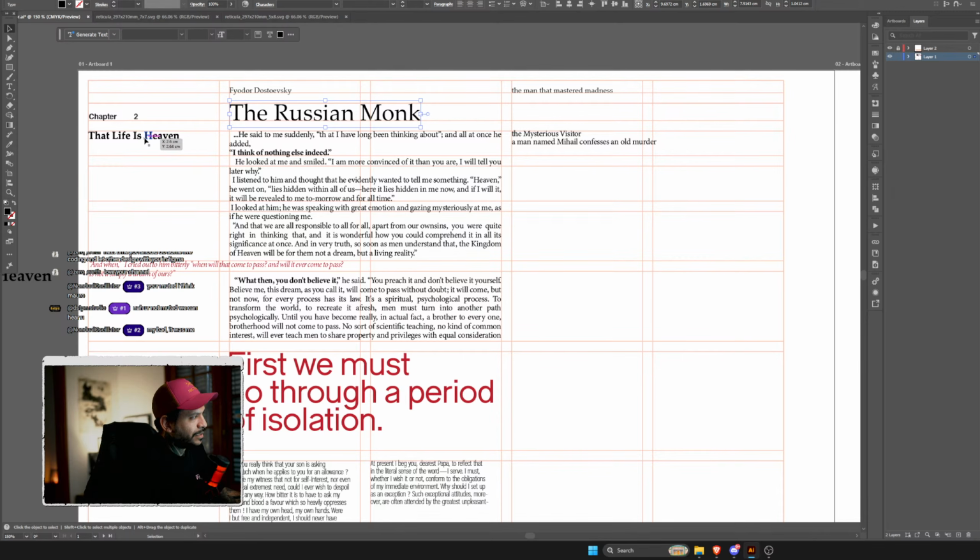Here I'm putting the drop cap, like Ram said, but a drop phrase, right? So I'm gonna start the text with a phrase that I highlight, and that's gonna sit here. And this is gonna be what chapter of the book it is. And here, the mysterious visitor.